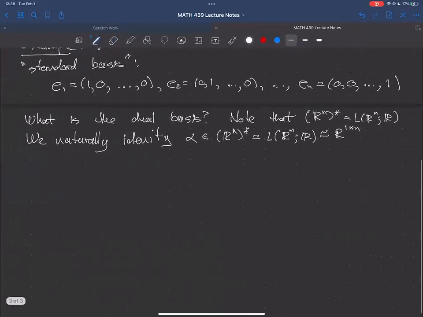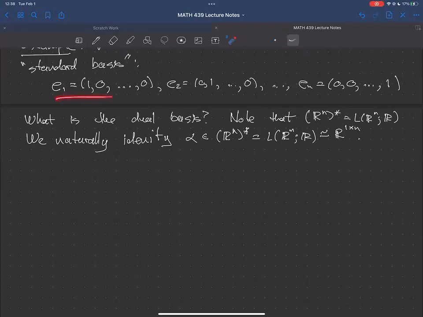Okay, so what are these matrices? What are the standard dual vectors? Or sorry, what's the dual basis to the standard basis, thinking of these as being 1 by n matrices? Well,